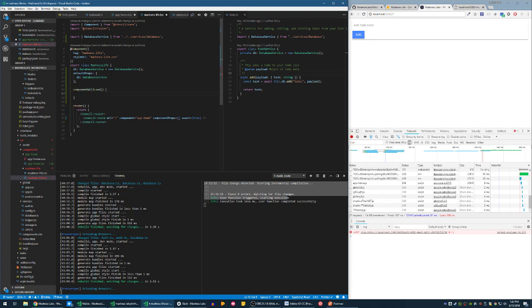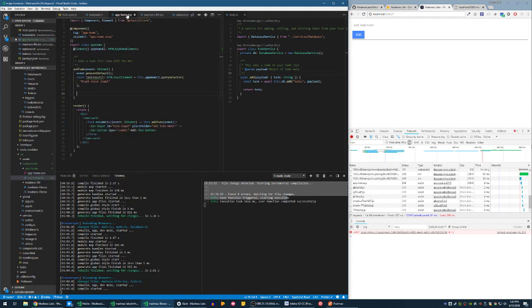I'm going to say this.db equals, and actually we don't really even need to instantiate it that way. Let's just do it like this. Let's just say this.defaultProps equals an object, and the object is going to have db equal to new DatabaseService. So that's probably the best way to do it. And then we'll say this.defaultProps. So we're going to pass through these default props, which is just the database service. So I'm going to pass through that database service to that route, and now I can access that as a